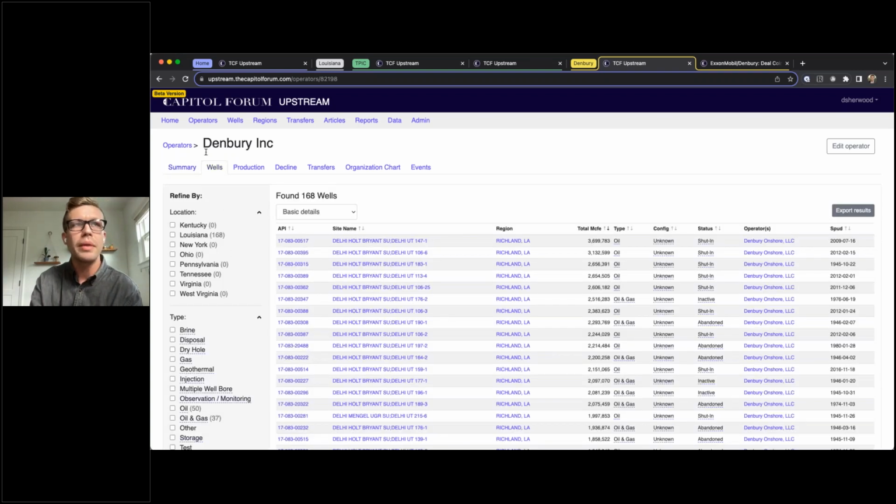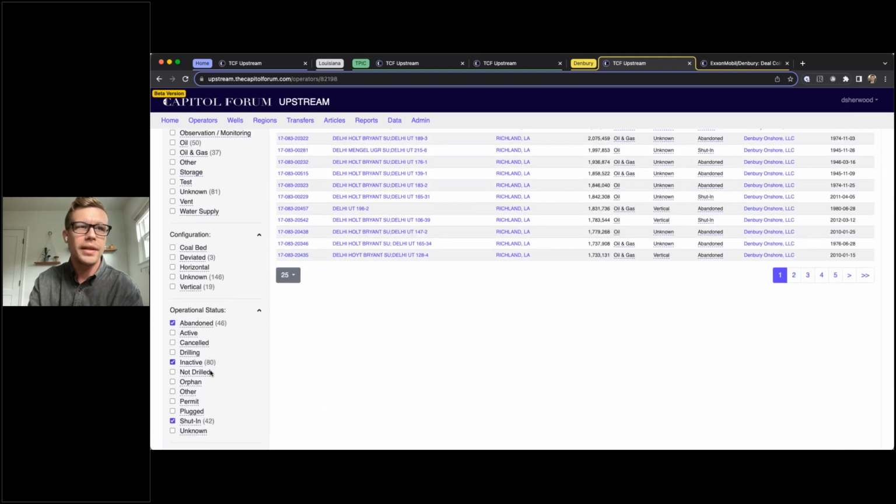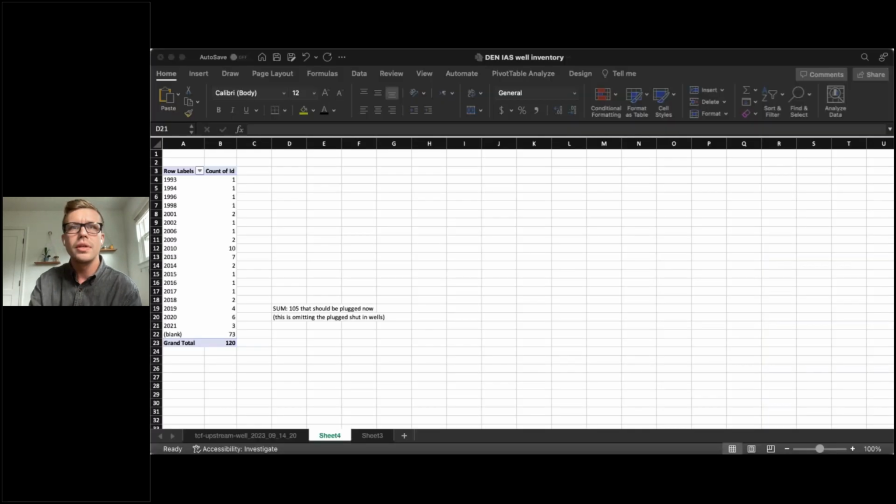And so here I am in Denbury's wells subtab, and I'm isolating their abandoned, inactive, shut-in, and orphan wells. And I'm going to download that. And like last time, I've already pre-downloaded it just to save us some time. Just give me 5 seconds as I navigate to that Excel sheet. And similarly,